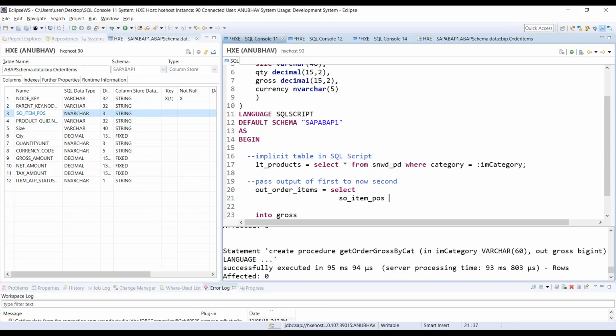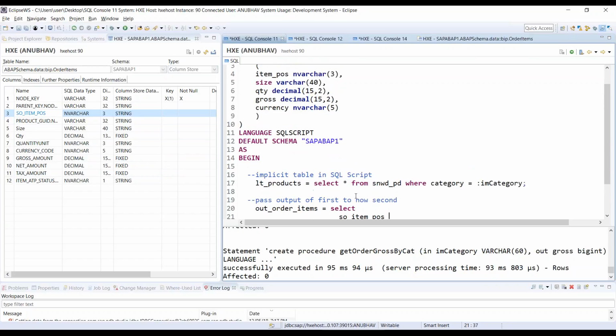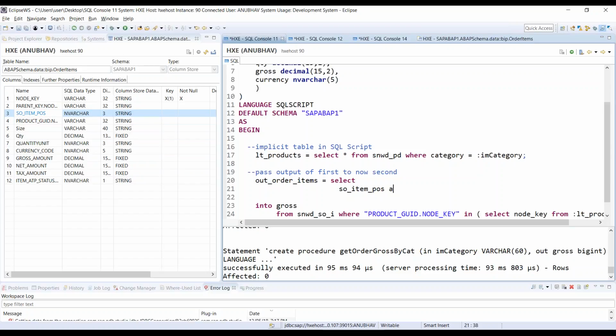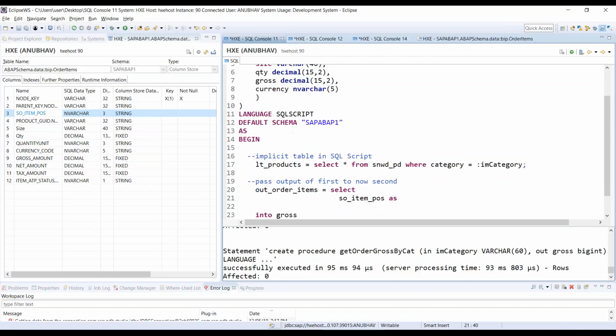But tell me, your output internal table has what column name? Is your output internal table column name matching with your table column name? Yes or no? It's not matching. What will you do? Anybody? What do you do to match your internal table column name with your database table name? Alias, perfect answer. You all do that in ABAP. Same thing I am saying, nothing different. As your column name. So that's the column name, item pos,